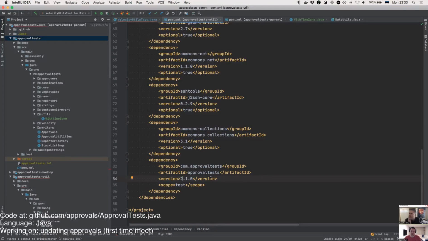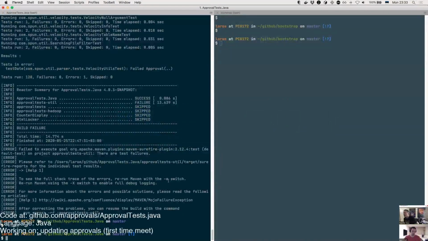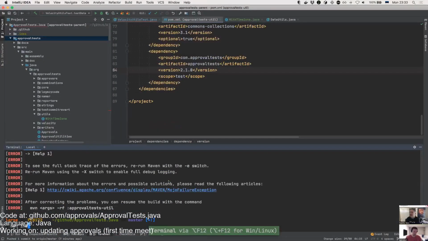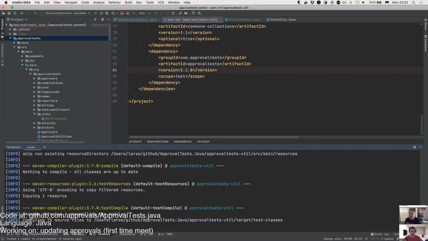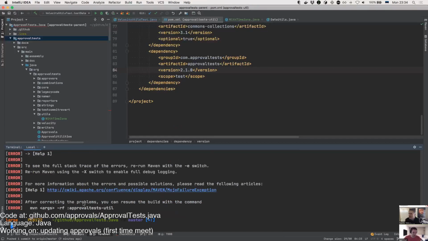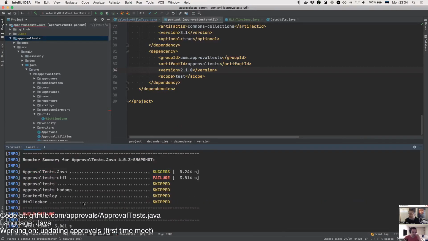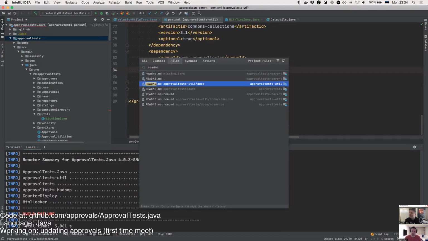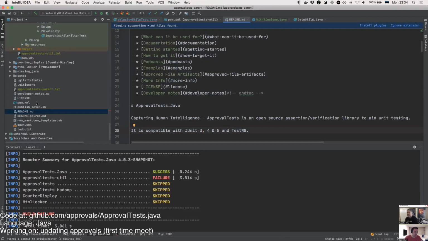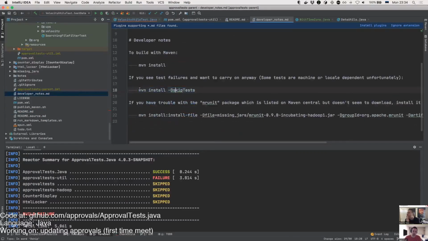But the problem we have right now is that to release this, you have to... can you? Well, I can install a snapshot that I did yesterday as well. Yeah, can you do the snapshot install? So yeah, let's install. But you have to compile approval tests. But if we skip the tests, that should... parent this one. There were developer notes, skip tests.